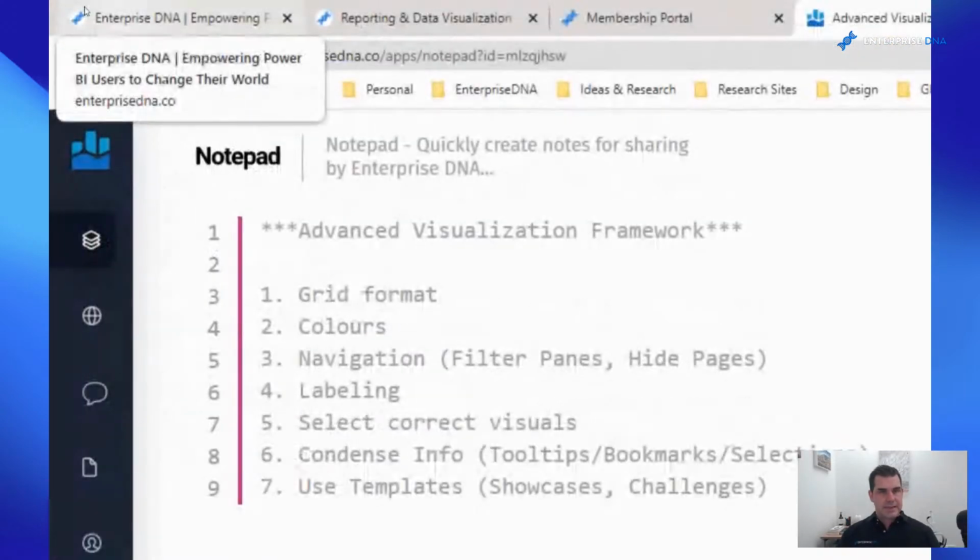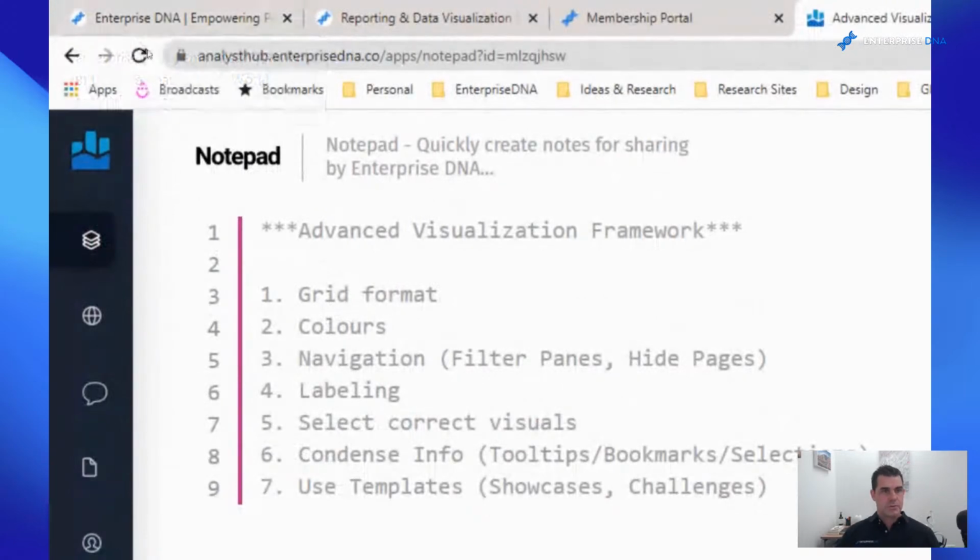Next one on my list is selecting the correct visuals. So one thing that can detract very quickly from your reports is if you select the wrong visual, and it is very difficult to comprehend what that visual is actually showing you. Okay, and I'll show you a few examples in a second.